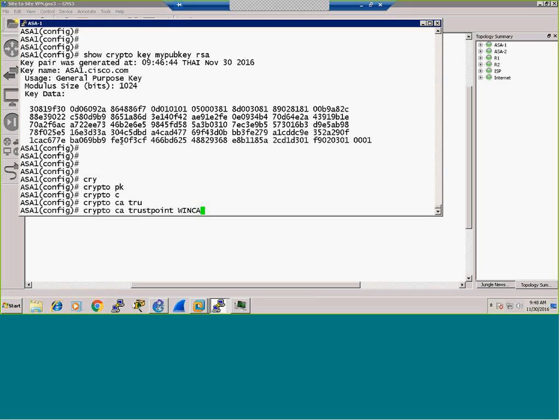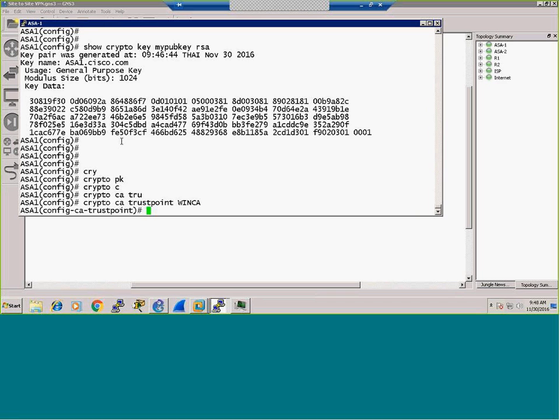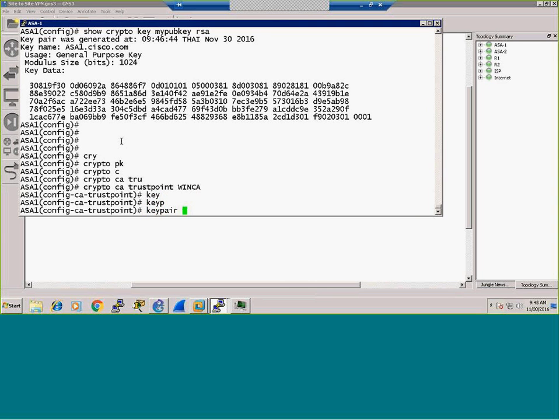Okay, you can give it any name you want, but I'm just trying to keep it similar to what we had with regards to the CA server name. Okay, crypto CA trust point and the name. Once I've done that, the next thing that I want to do is define the key pair and the name of the key pair. The name of the key pair was